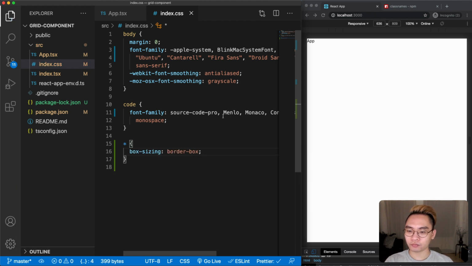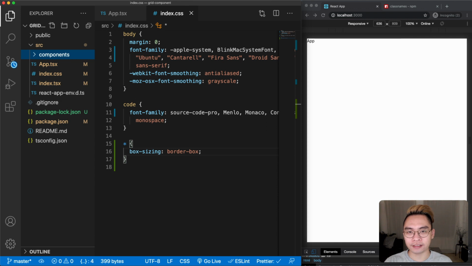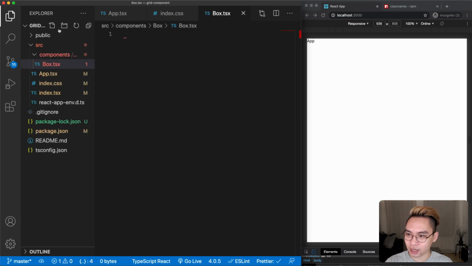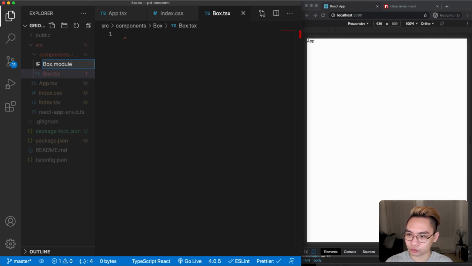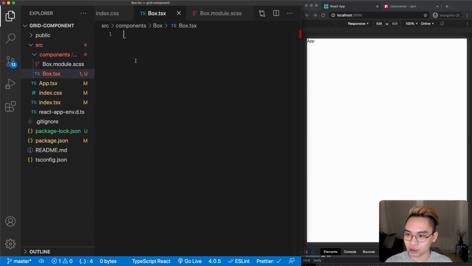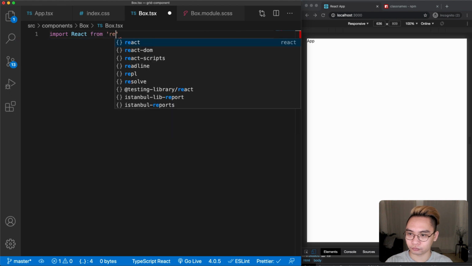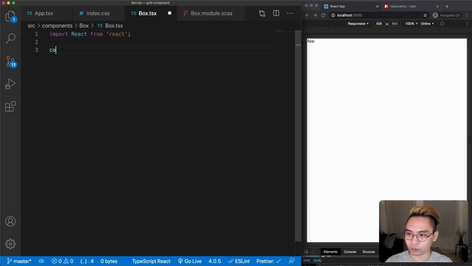I want to have something inside the grid, so I'm going to create a Box component. Under components, let's create a new folder and name it box. Under box, let's create 2 new files. The first one would be Box.tsx and the other one would be Box.module.scss. In the Box.tsx, let's import React and let's create a new constant. It's going to be Box. This one would be a functional component, and it's going to